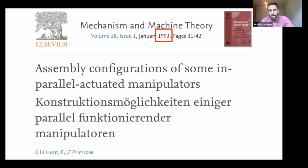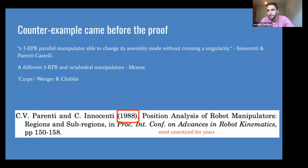And that was actually proven in 1993 that should be the case in this paper. This was actually for parallel actuated manipulators, but doesn't matter. What's funny is that in 1988, a couple of years before that, someone actually came up with an example where that's not the case. They found a 3 RPR parallel manipulator, which you can think of as multiple robot arms pushing the same platform, kind of like a Stewart platform. So these guys, Innocenti, Parenti, Castelli, found that there existed a robot where you can go from one